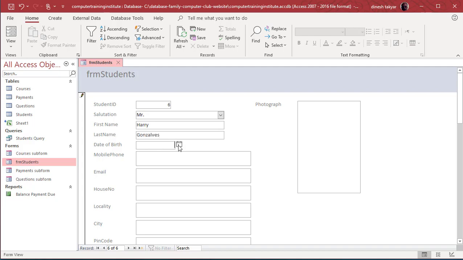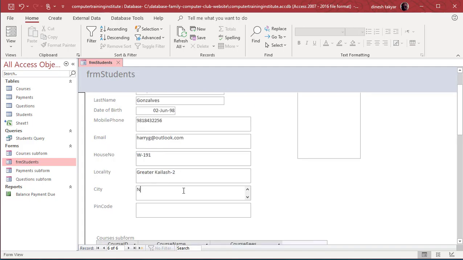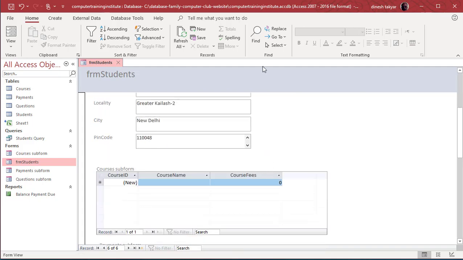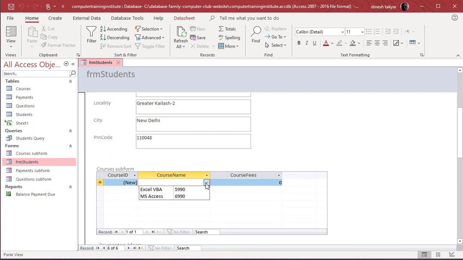I get here a calendar from which I can select. So let me say I select 2nd June. Now I can change this to 1998, press enter. I can write the mobile phone number, the email ID, house number, city and so on. As you can see, I can also select the course ID here, and last time when you saw this